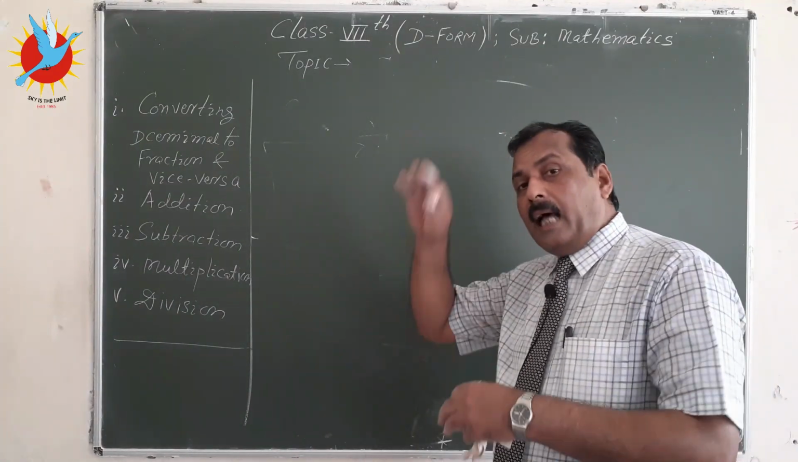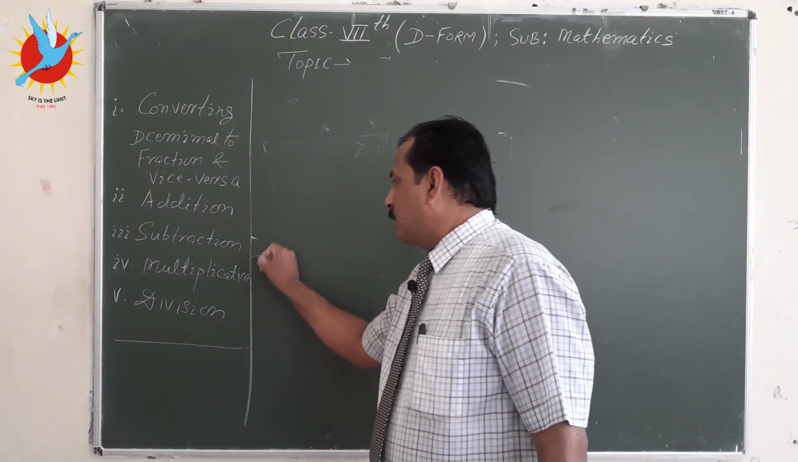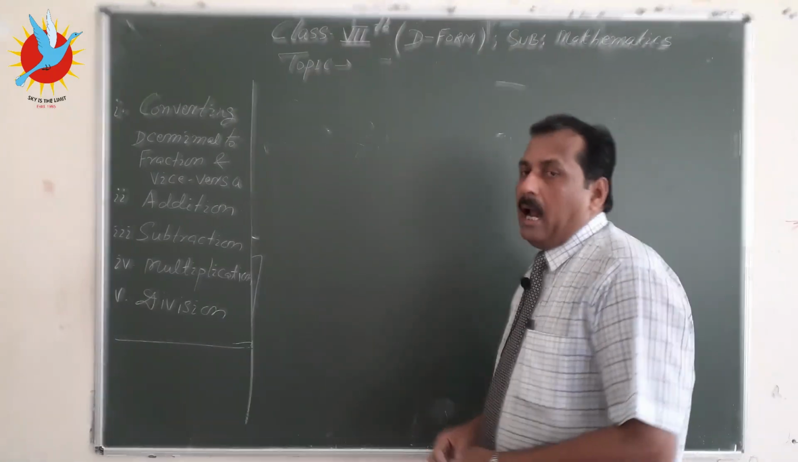Only decimal has to be written exactly below the decimal, and these two parts we shall further continue to cover, this multiplication and division. And till then,